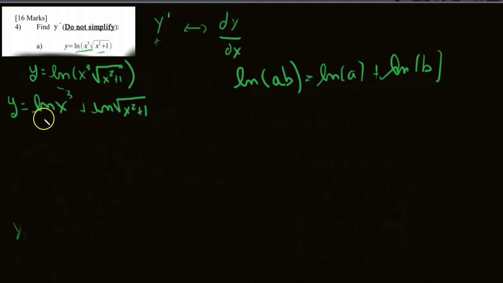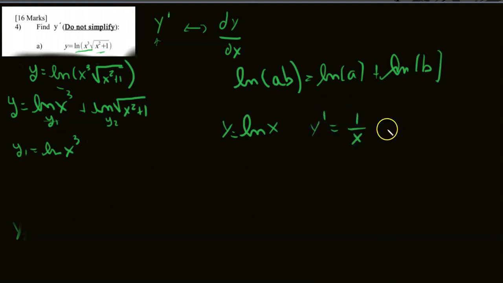The next step would be, we'll go one term at a time. We'll call this y1, y2. So let's work with the first one. So we know the basic rules for differentiation of certain equations, like the derivative of ln x is equal to 1 over x. We know that. Derivative of ln of x cubed